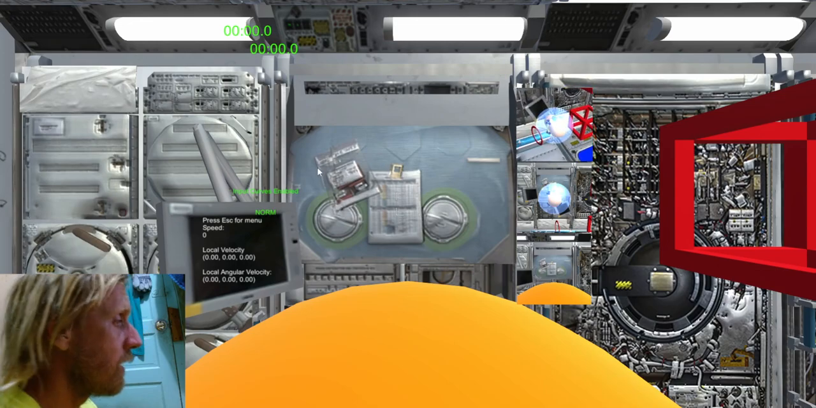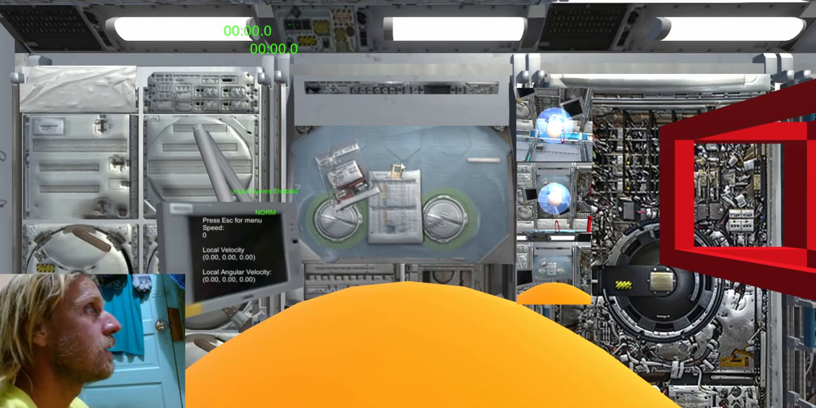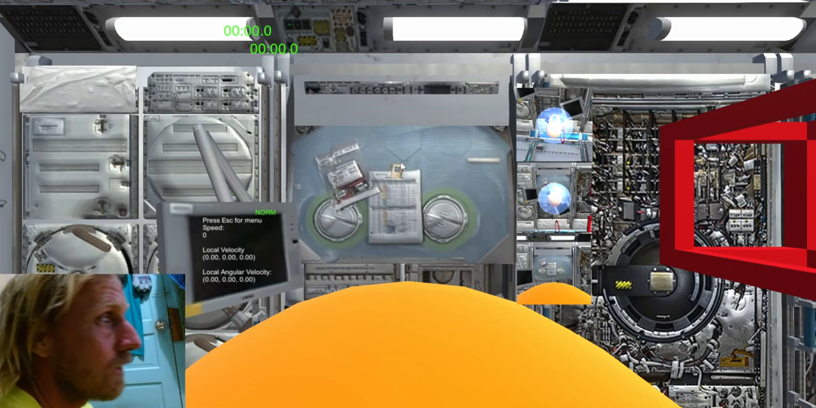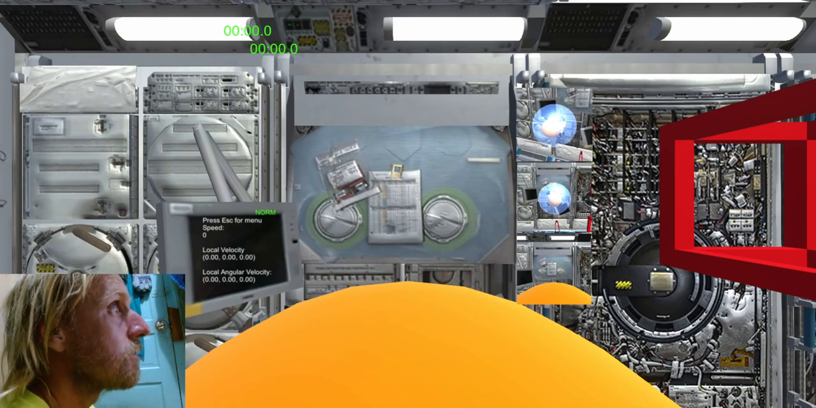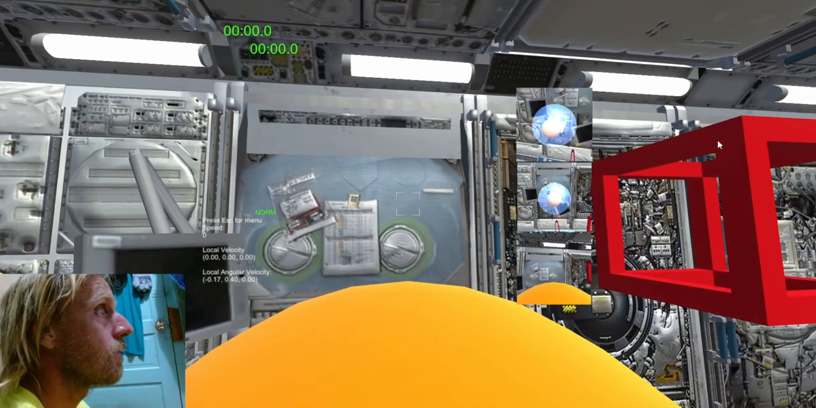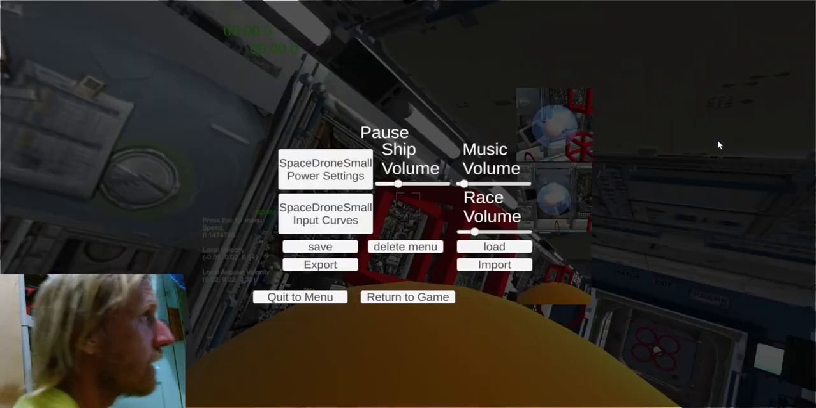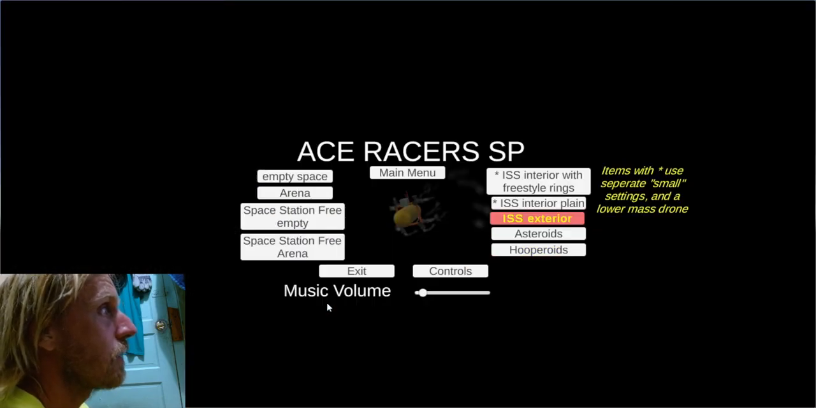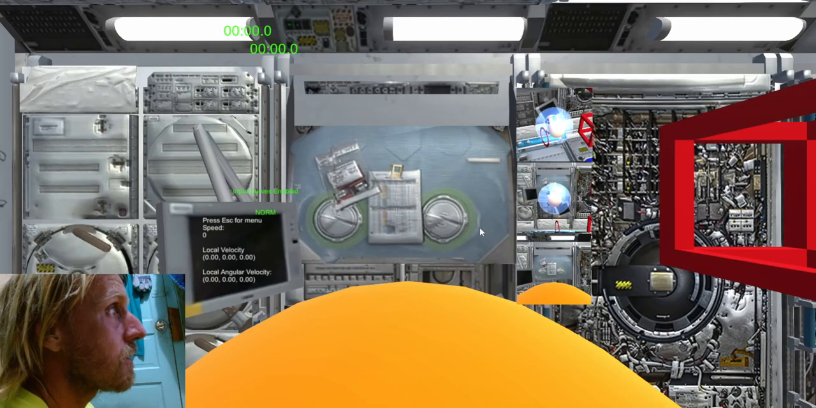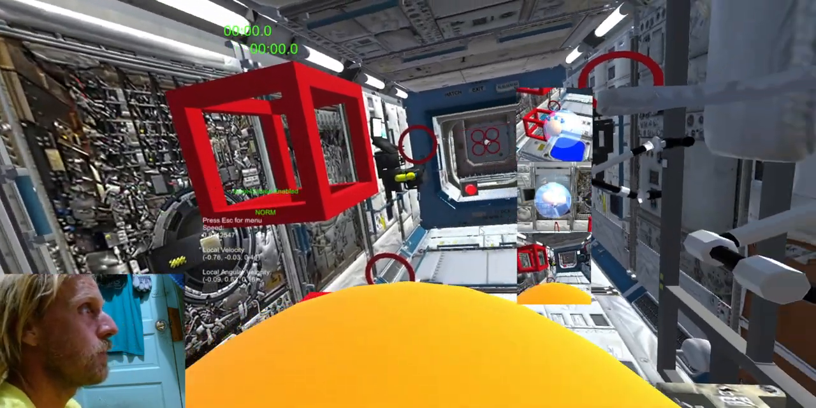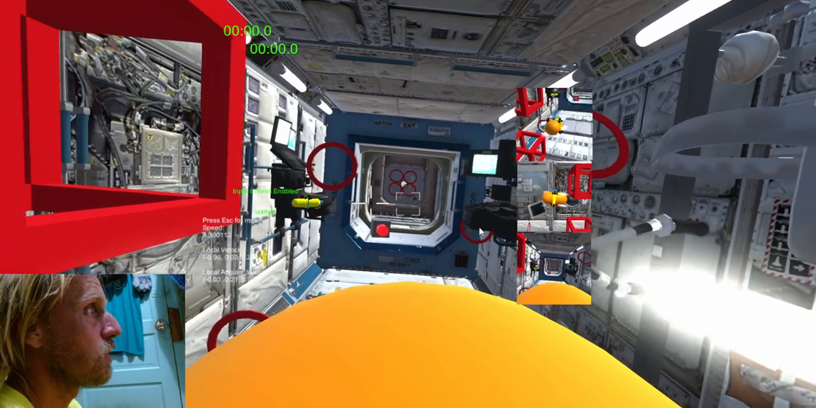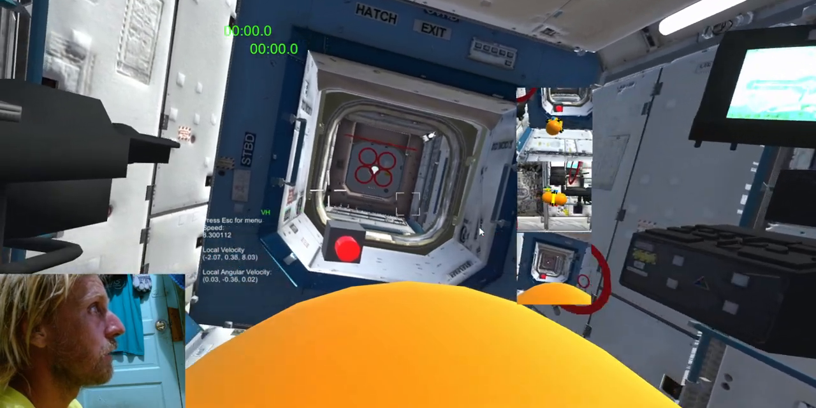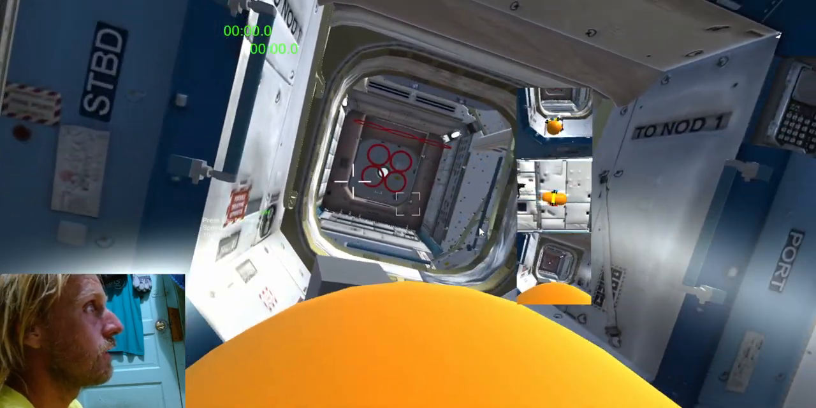Actually, in the interior, it's a different vehicle. Now I thought I fixed this. Oh, my joystick isn't running, that's why. So as you can see, there's Space Drone Small. On the interior, it's a lighter mass, and with this lighter mass, that's when the input curves are more important, because you can see even at normal, it's really bouncy. If I play a little bit higher, it's quite a bit bouncier,